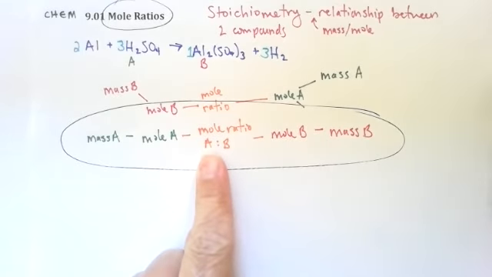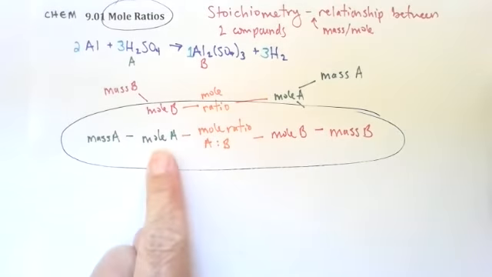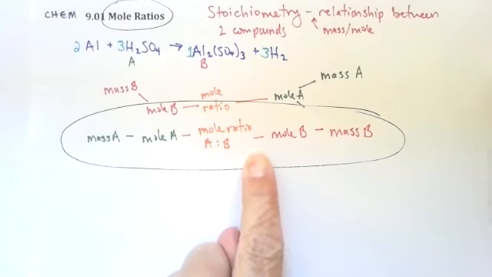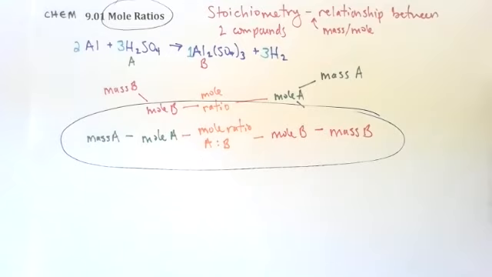If I want to go, though, from the mass of this to the mass of that, I have to convert mass to moles. Then I have to convert using the mole ratio. Then I have to convert back to mass. And that's what we're going to work on. Now we're going to build this in steps. But before we do that,